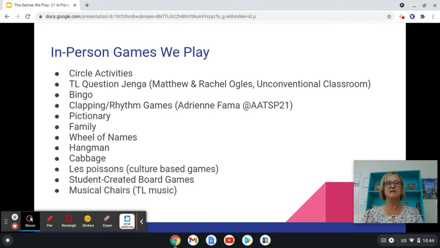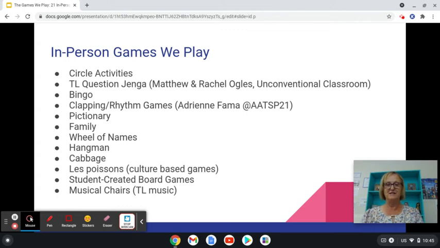So the first one is circle activities. Then we have target language question Jenga. I learned this at a workshop with Matthew and Rachel Ogles. We play a lot of bingo. You can play clapping and rhythm games. I learned about that at the AATSP 21.